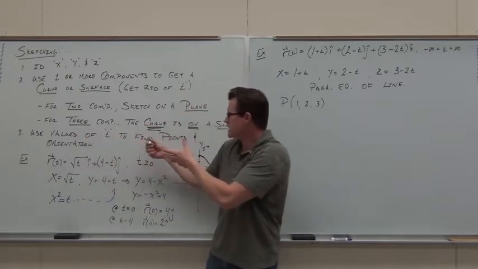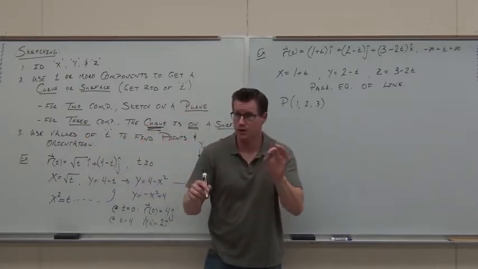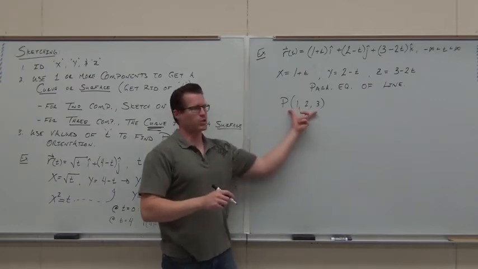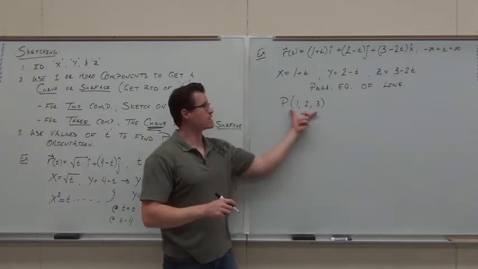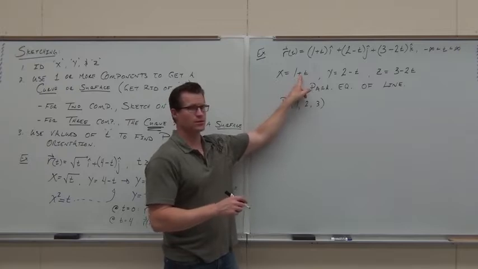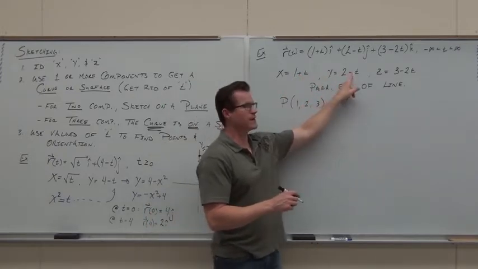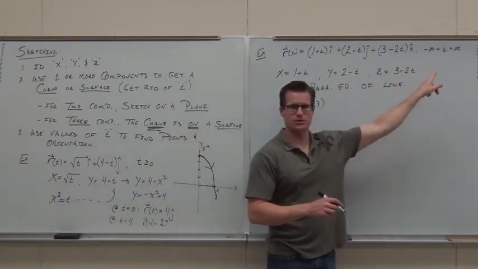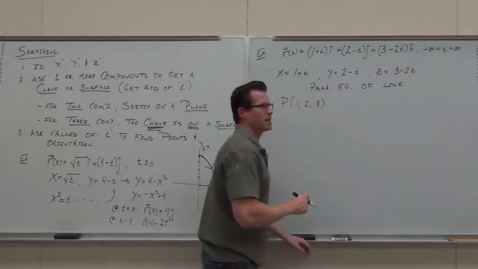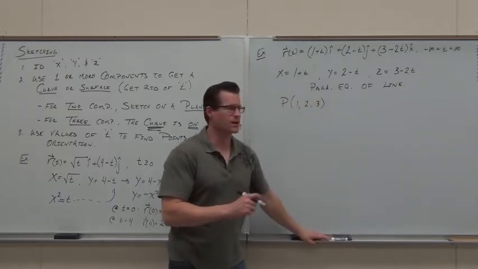Can you find some values of t to give the points and the orientation? If it's a line, the points are easy. The orientation says I'm traveling along the vector. The direction vector would be 1, -1, -2. You guys with me on that one? Okay. Can you give me another point on this line? So at